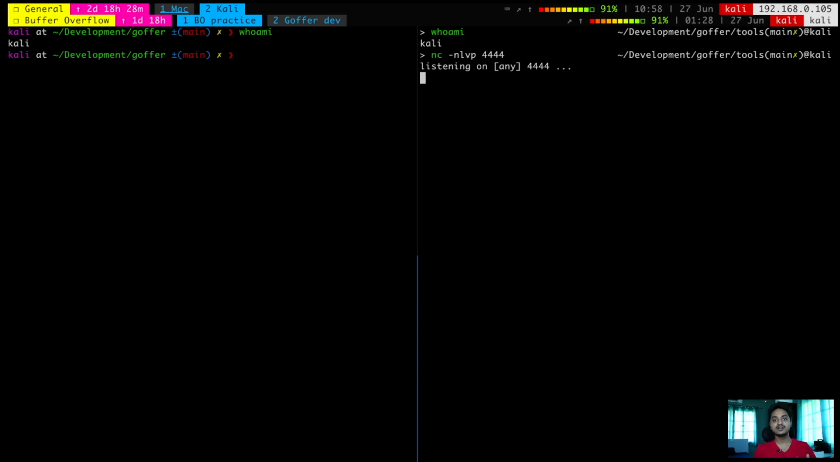A reverse shell is that if someone is listening, you will send its shell to it over the network. This is what we are trying to do. We could have also done a bind shell here, but we are going for a reverse shell. So we create a listener on our machine first, and then we will